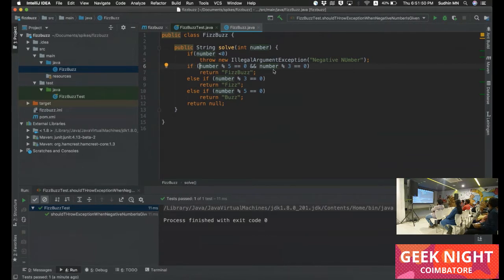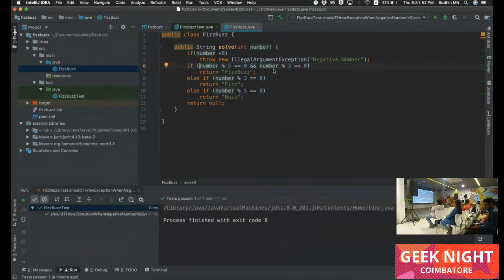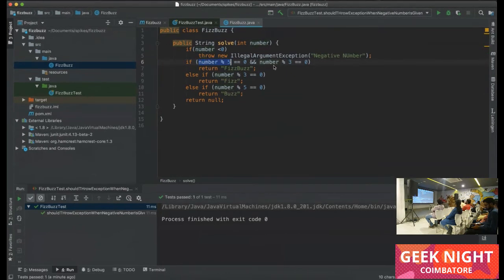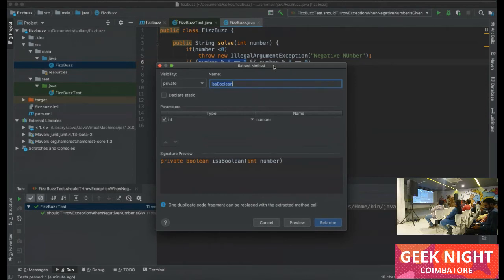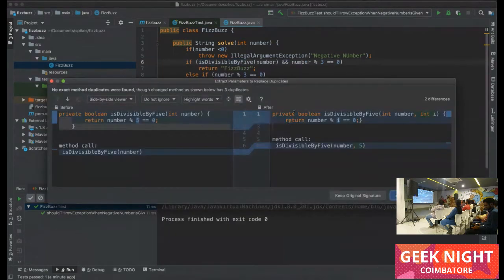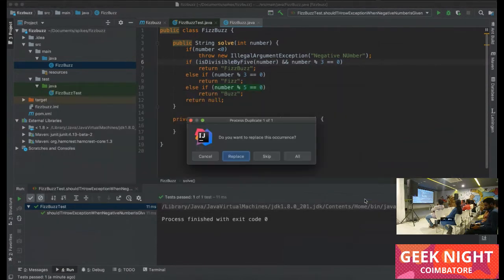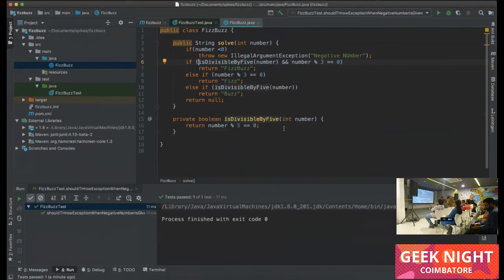Suppose tomorrow someone comes and sees repeated code here, so I extract this method, isDivisibleBy5, right?